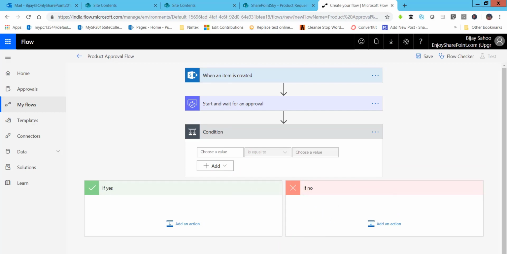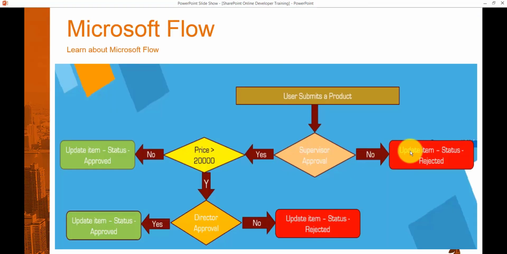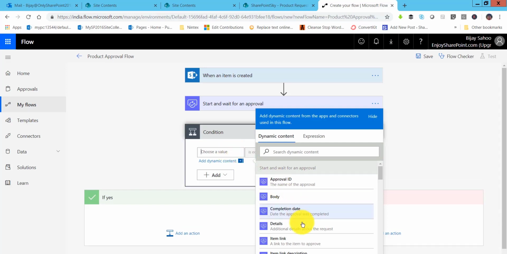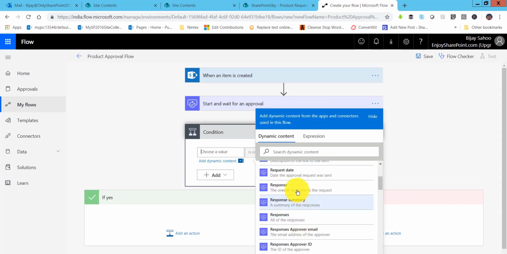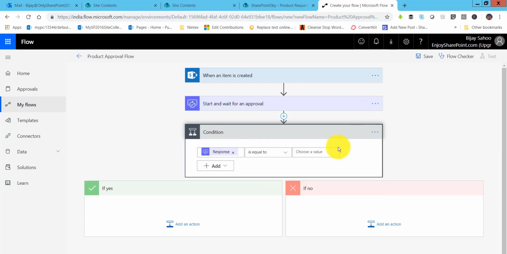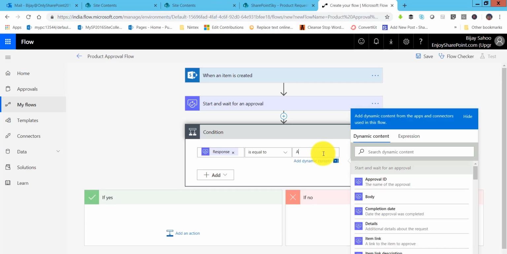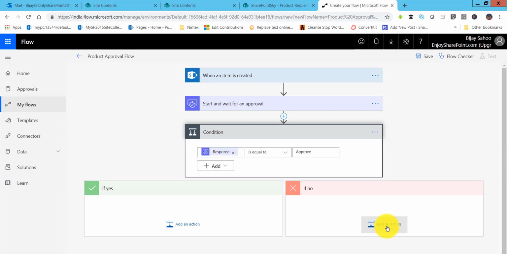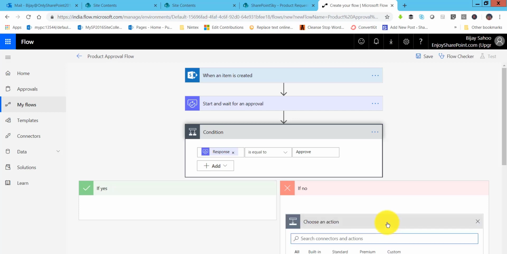Now we have added the condition. If you look at our flow, first thing is if it is rejected, then we will say the status is rejected. So for this, first of all we need the response. You can see here the overall response to this request. You can choose this, and if it is equal to approve, then in the yes condition you can add it here, and in the no condition what we are doing is we will simply change the status